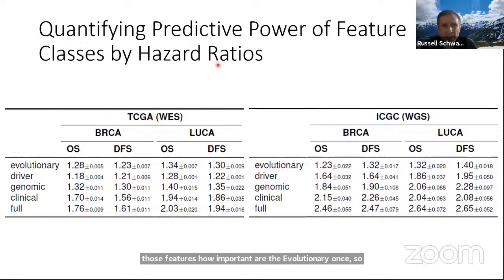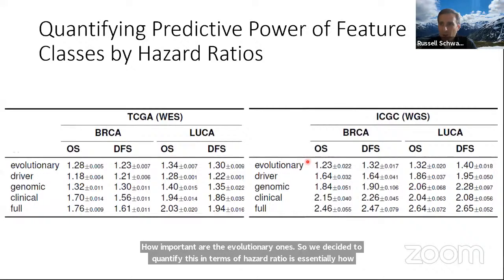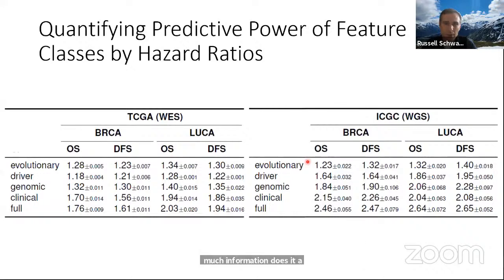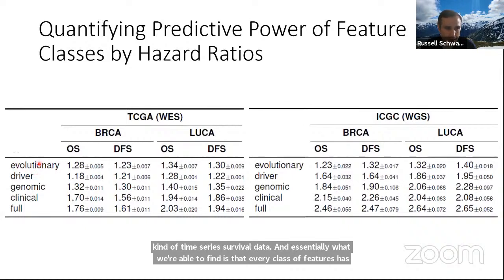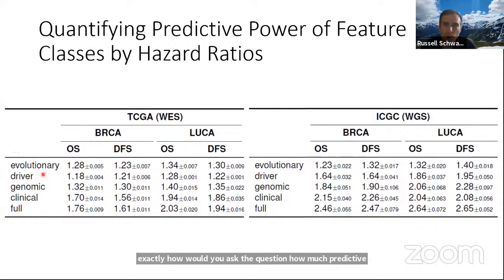So we decided to quantify this in terms of hazard ratios. Essentially, how much information does a subclass of features give us to figure out someone's risk of developing a particular progression outcome in this kind of time series survival data. And essentially what we're able to find is that every class of features has significant predictive power. It depends exactly how you ask the question, how much predictive power there is, but evolutionary features have power, driver